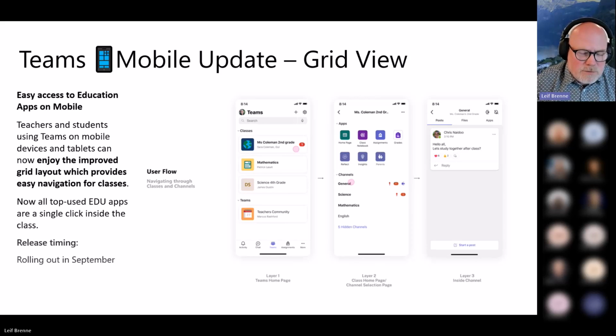In Teams Mobile, it's pretty easy to find assignments because it's down on the bottom area experience, but all these other class applications like homepage, classwork, grades, and so forth, it's harder to find on mobile. So you will have now a new view in mobile rolling out in September. Each time you select a class, you will see these applications come up front. And so it's easy for students to see the grades and the feedback directly in the mobile experience. We know a lot of students are using mobile, so it'll be much easier for them to use this experience in mobile as well.